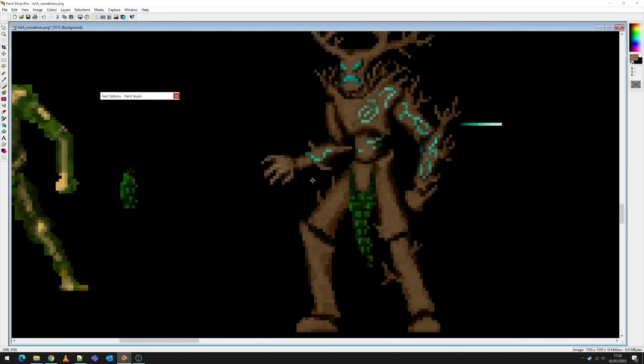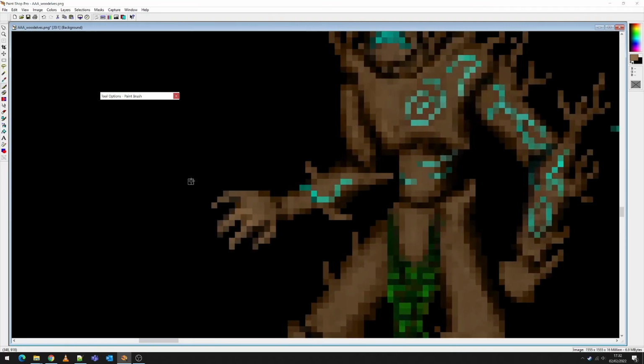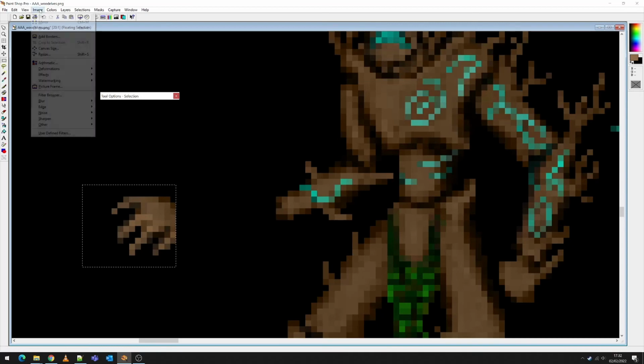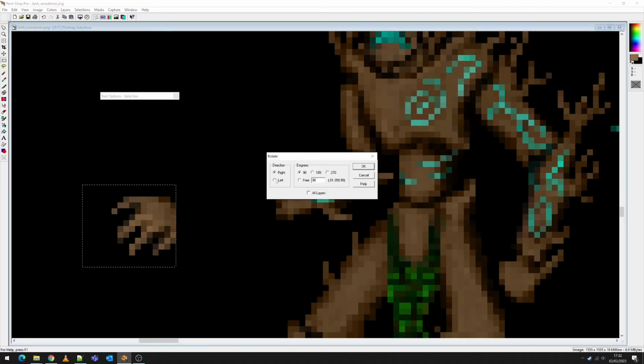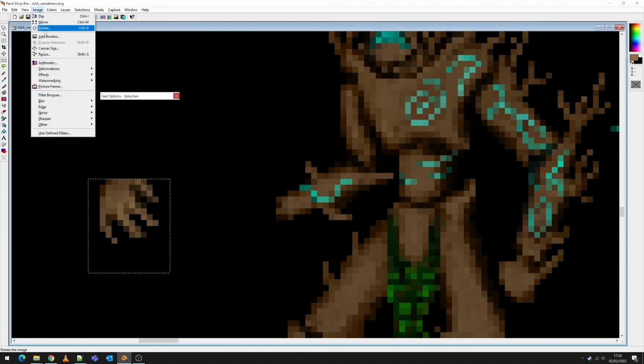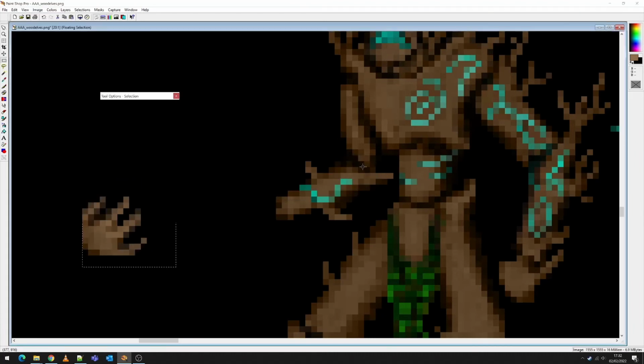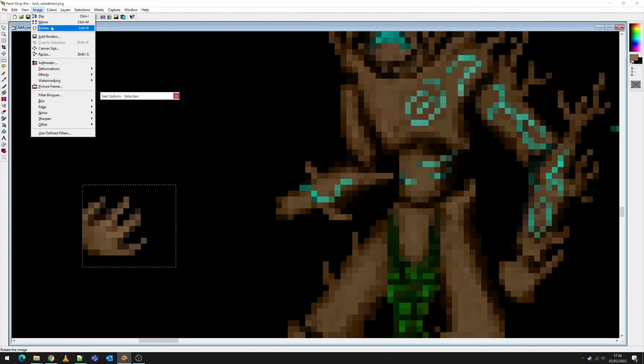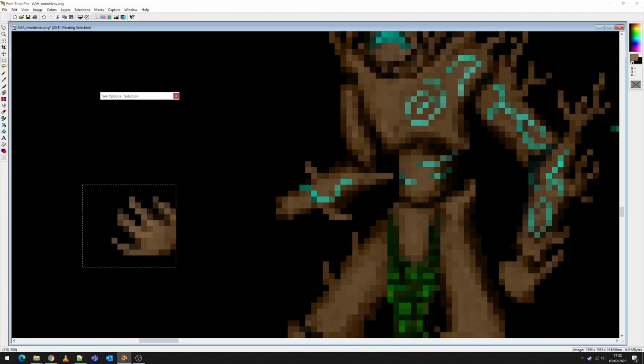Looks like his hand's on backwards. I tell you what, I didn't really like the way that this hand's backing out, but maybe what we want to do, let's just take this off. I'm gonna rotate this real quick. What am I doing? Mirror it around? Yeah, let's do that. I'm gonna take this hand,